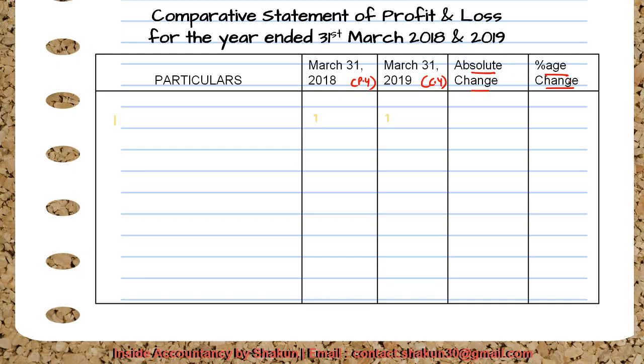First of all, we have the revenue from operations. So I have simply put the revenue from operations, which I had calculated in the working note number 1, because the amounts were not given. It was a percentage of materials consumed. So I've calculated and I've put it here. Okay, then after I put it here, then I found out the absolute change.